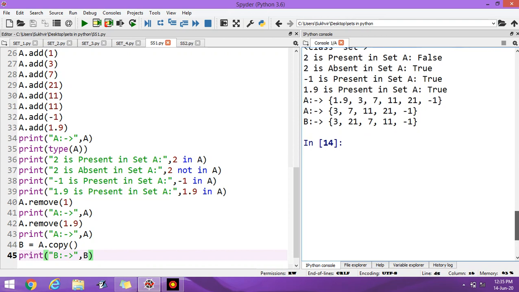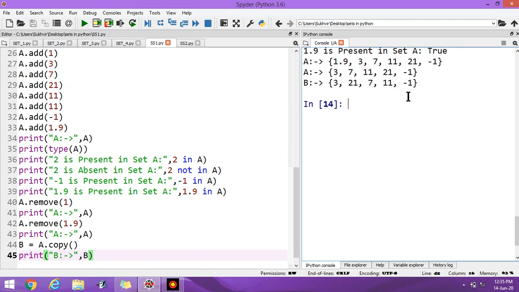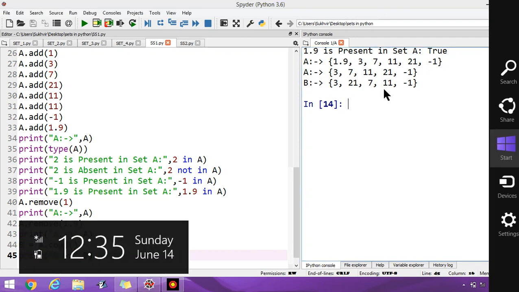As the elements are represented in unordered form, that's why elements are like this.